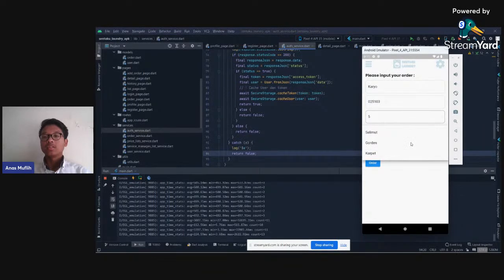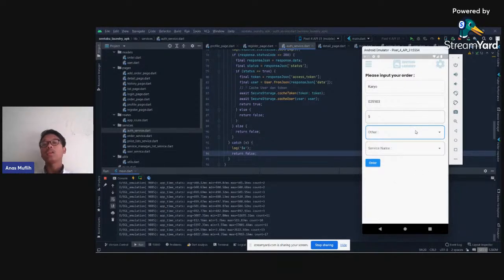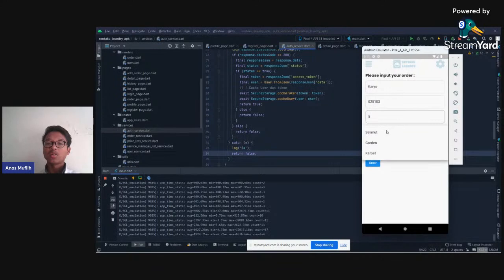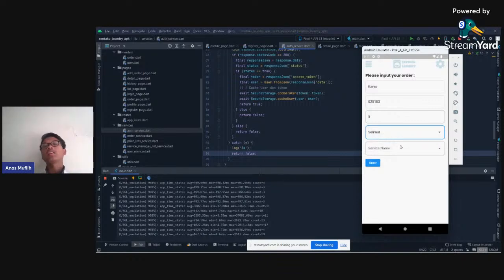So this column 3, the items right here, is from the database header that I made, so we cannot put any data here. We cannot add data here in others. Actually, we add it in Laravel, in the database header that I made. So yeah, if the user clicks this thing, slimut or blanket,